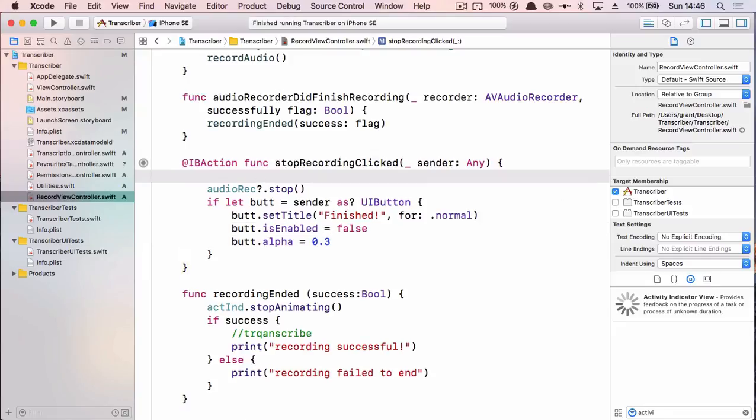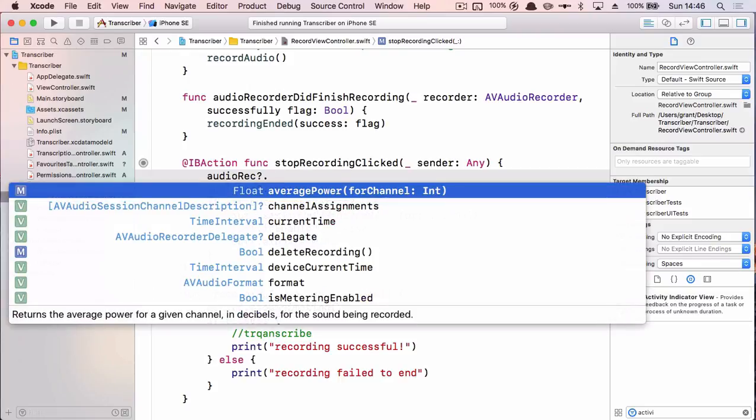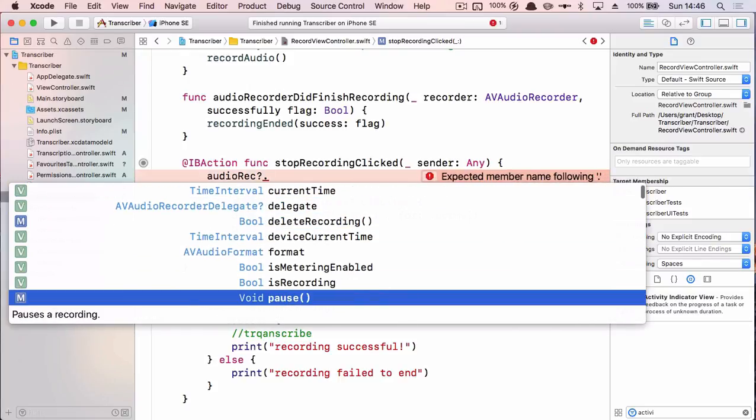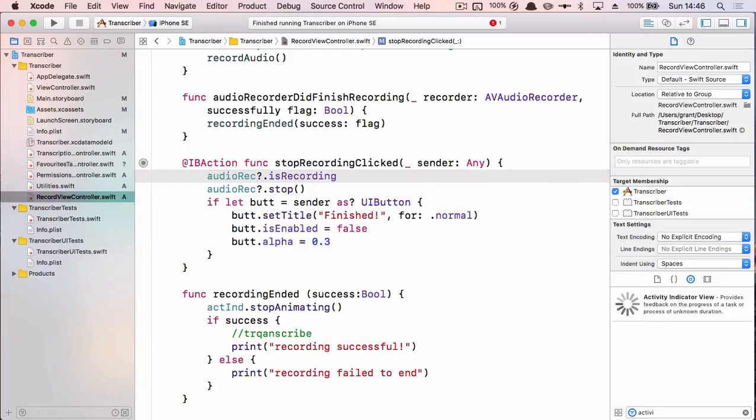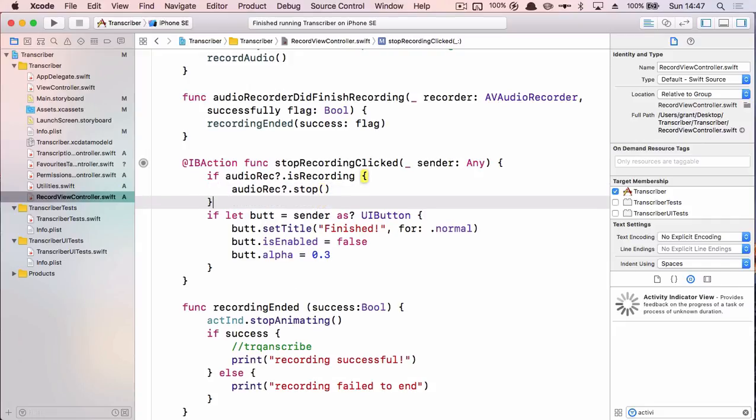That's fine. Now, it would be nice to check if we are currently recording something. So let's see, and this is a good way to program, it's just experiment. Let's go to our audio recorder, dot. And what you can do is just scroll through everything in here. Oh, we have a Boolean that tells us if it is recording. So that means we can test if it's recording. So if audio is recording, then we can stop the recording and we can change our button over. If it's not recording,